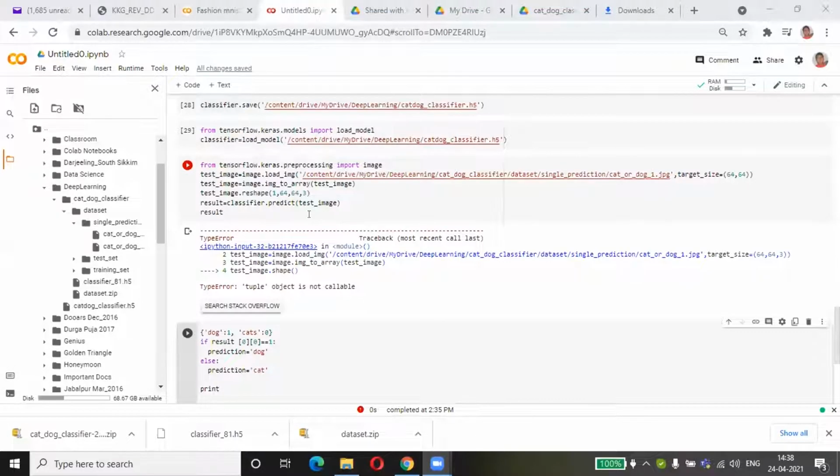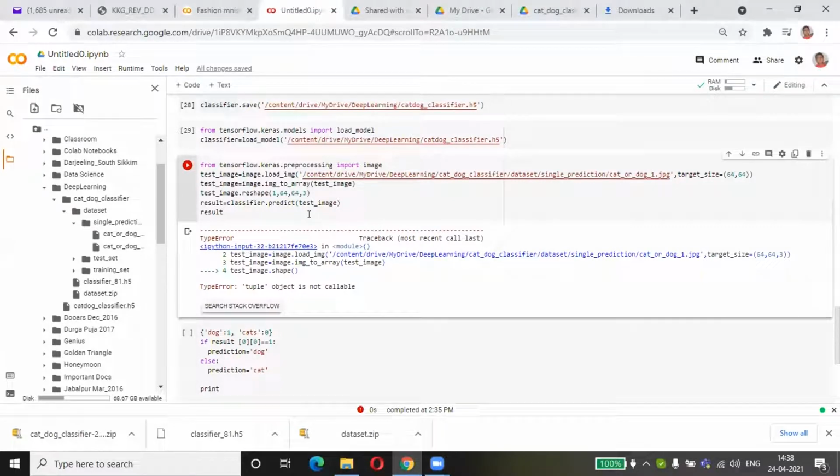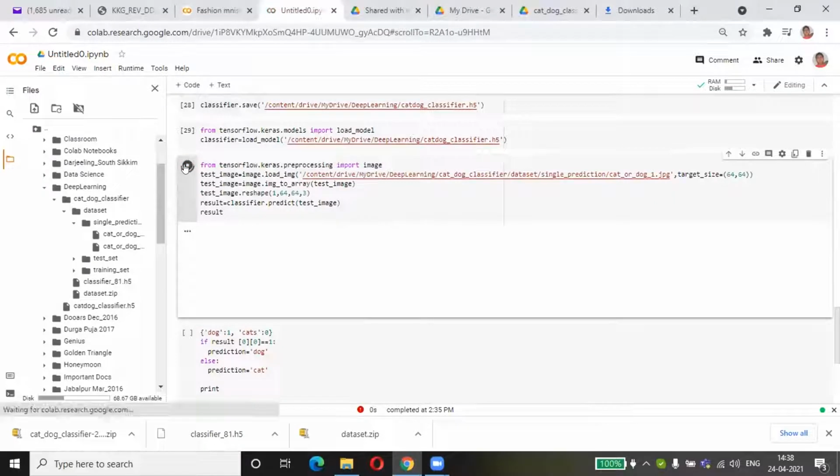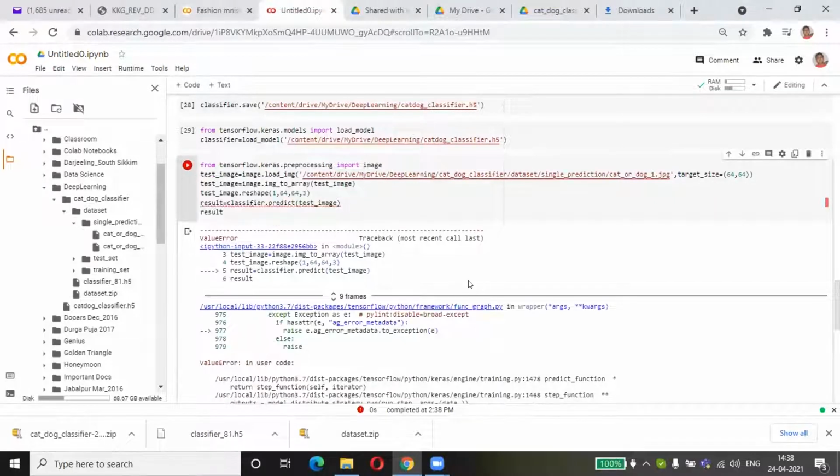Okay, let me run again. Let me show you. Scroll down. Okay, this part you're getting there. Save in the variable, no? That test image dot reshape, you're not saving it in the variable. Oh, okay, okay.